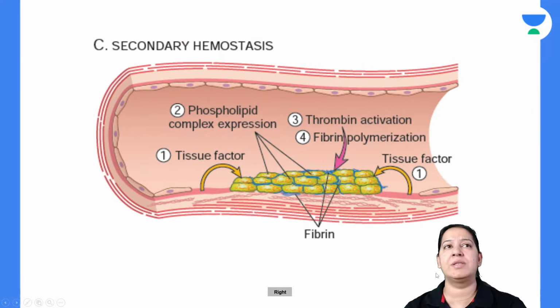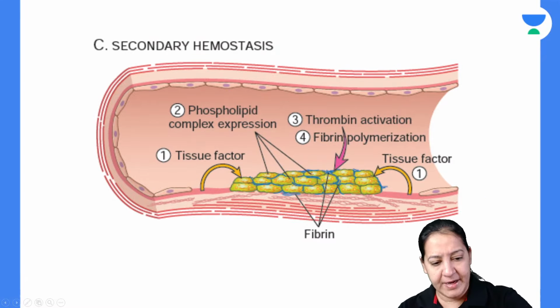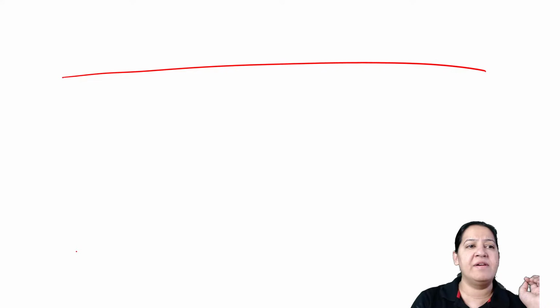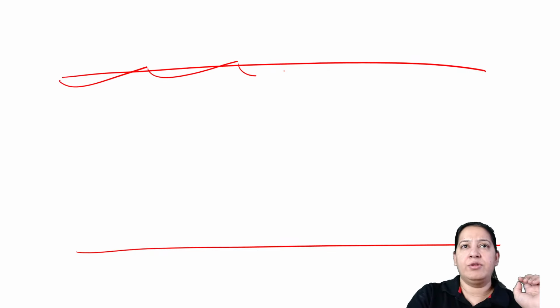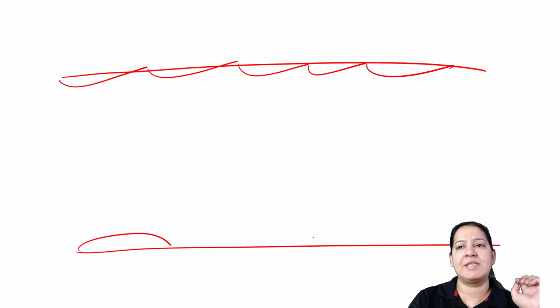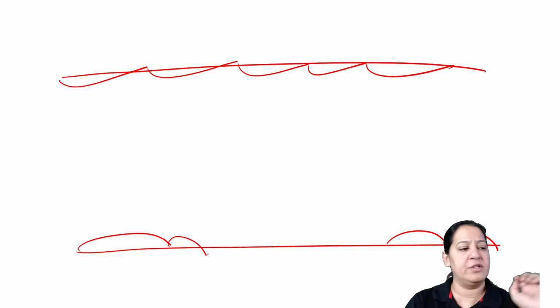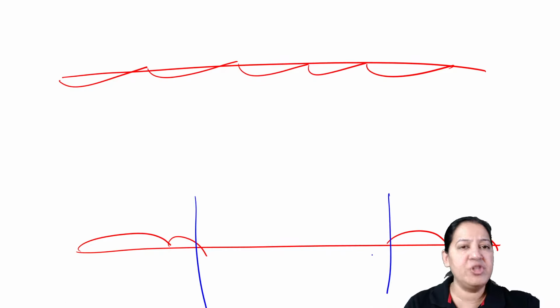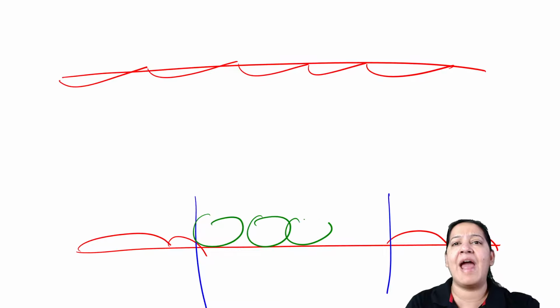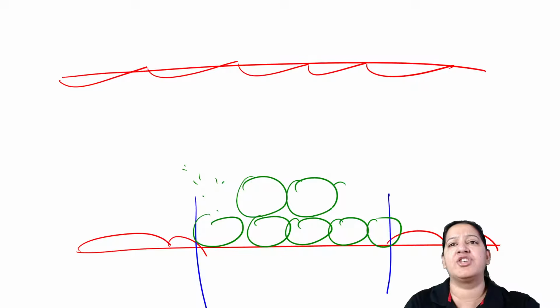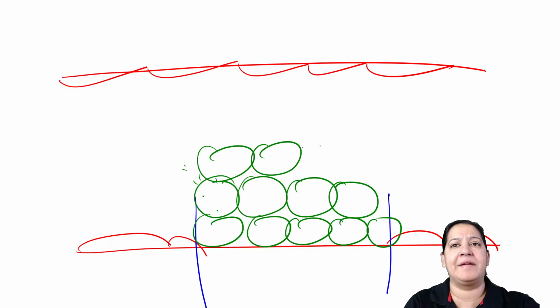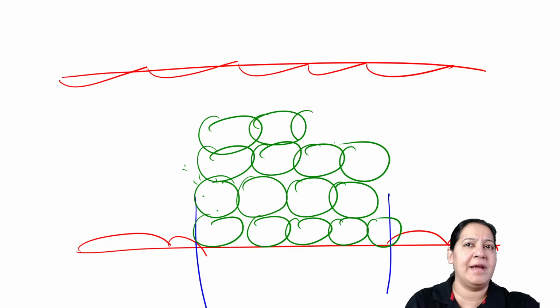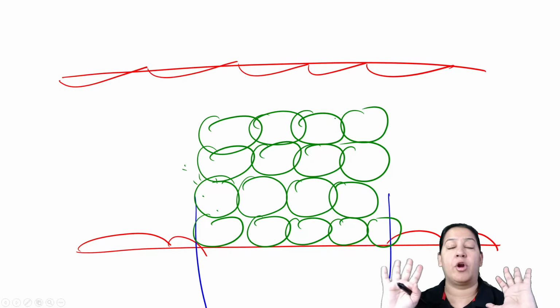So how is the stabilization done? Again, I would like to draw a diagram. So again, this is the blood vessel. You can see the endothelial lining of the blood vessel. You can see the site of the injury. At the site of the injury, you can appreciate the primary clot. This is platelet adhesion. This is platelet activation. And this is platelet aggregation. Bond is formed between platelet and platelet. So ultimately, this clot is the primary clot. It is a platelet clot and primary clot.